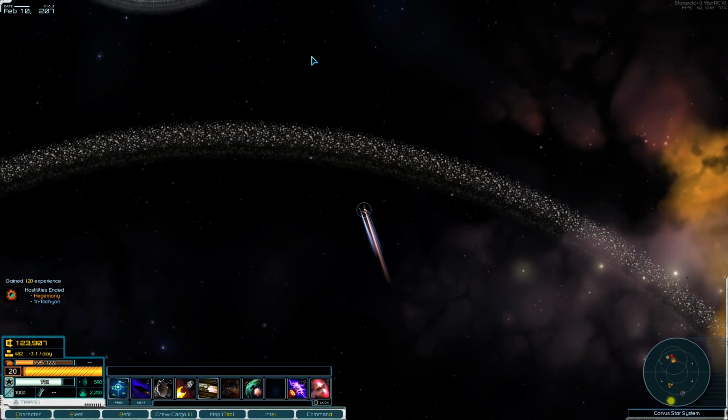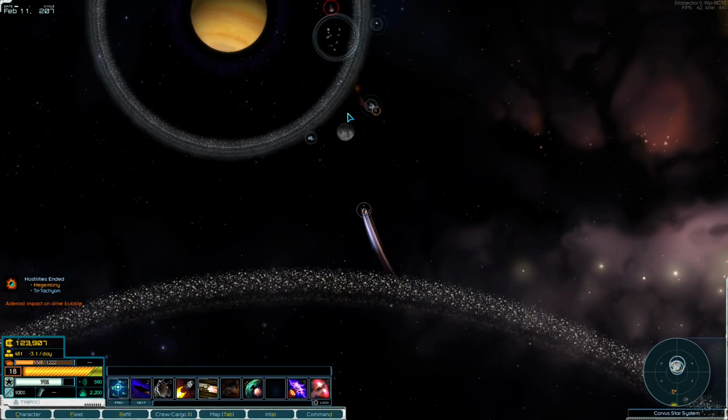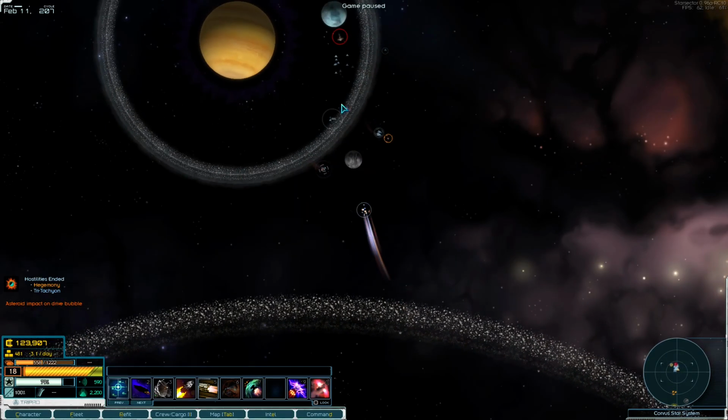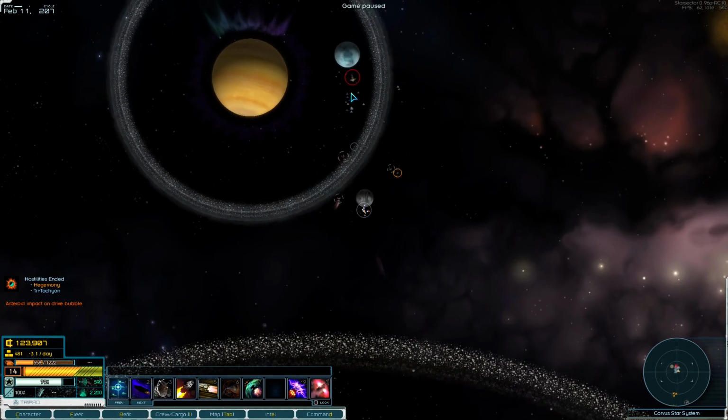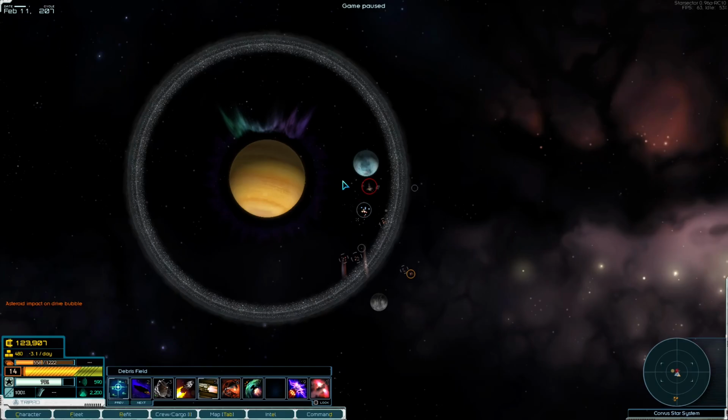We got to notice that Hegemony and Tri-Tachyon are now friends again. What do we have up here? We have pirates galore. Okay. Now, I don't want to fight them right now because if we fight them too close to the station, they won't let us dock. They're in battle. Off goes our...